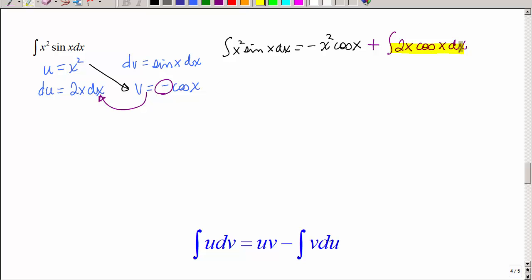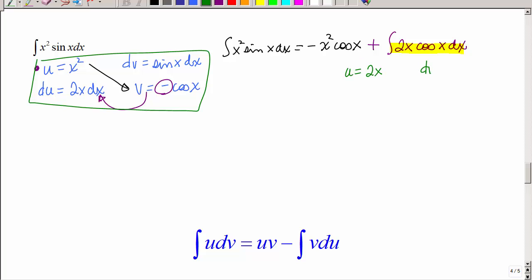It's still a product. Now this is where you want to be really careful. If you let your u equal to an algebraic expression the first time, if you have to do it again, you want to let u equal to that algebraic expression the second time. If you switch it up, you're just going to go back in really big circles. All right, so hopefully you know I'm just going to use u and v again. It's going to stand for something different. So on this one, I'm going to let u equal to 2x, dv equal to the cosine of x dx,